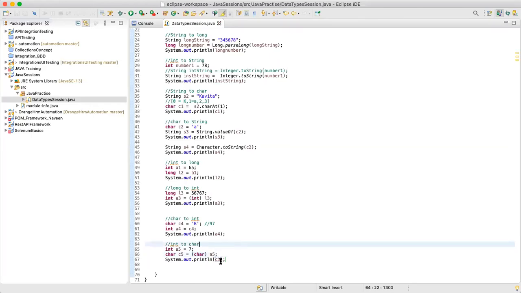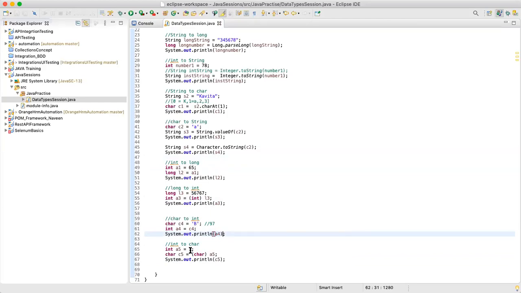So whenever you want to move from a smaller unit to a bigger unit, you are using casting. And if you are moving to integer, you are using casting, right? But if you are moving from integer to long, that's a promotion, right? So there is no need of using casting. You can directly assign a value. But while assigning a value directly from character to integer, it will get the ASCII. It will always deal with the ASCII value, and that ASCII value will be printed on the UI.